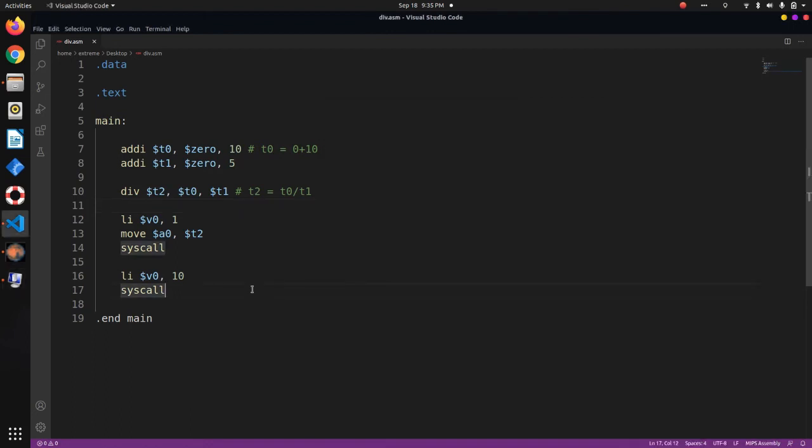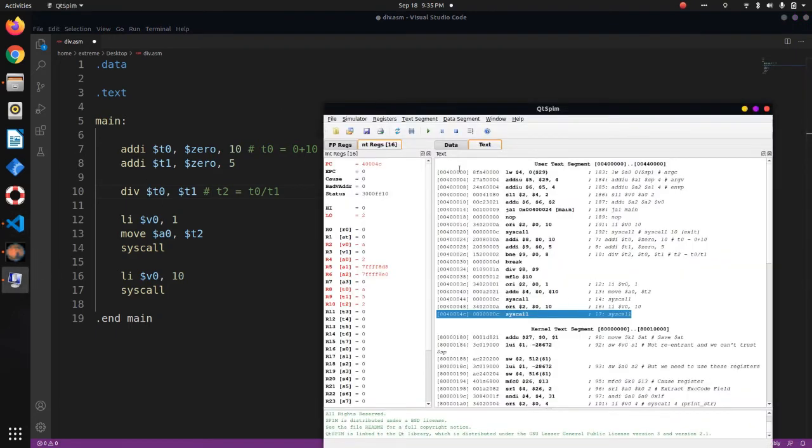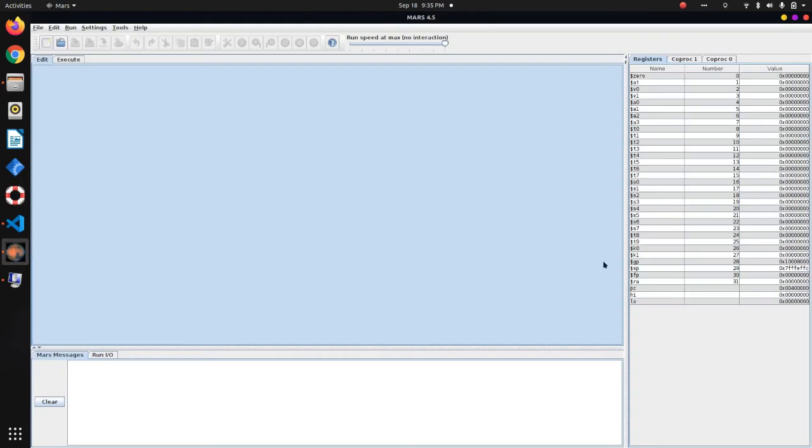Now let's see a different version of div which takes in only two arguments, t0 and t1, and the value is going to be stored in these two special registers, HI and LO. So LO will contain the quotient of the output, and HI will contain the remainder.